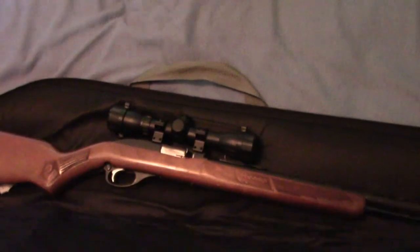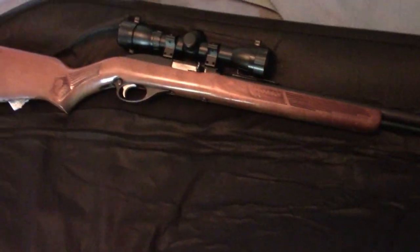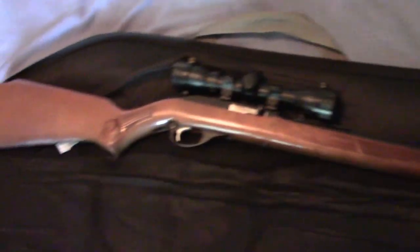Okay, so based on what I understand, this one was made back in 1985. It's got a 36-inch barrel. Well, technically, I think I measured it to 35 7/8, but who cares? That's a long barrel. And it's modified. That's not it. I grabbed the wrong one. Anyway,